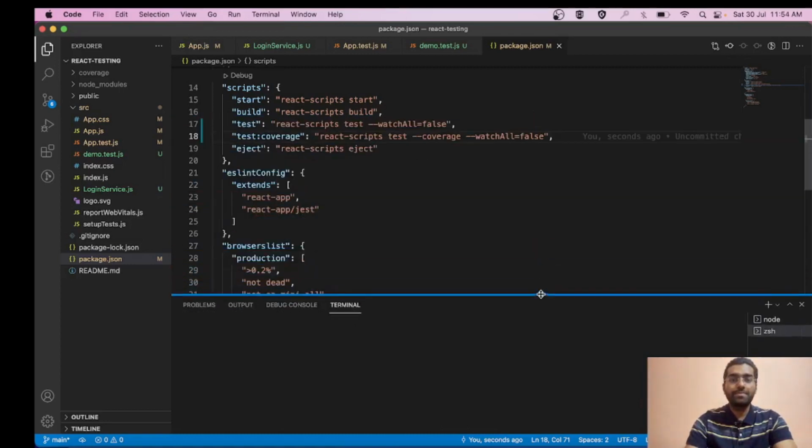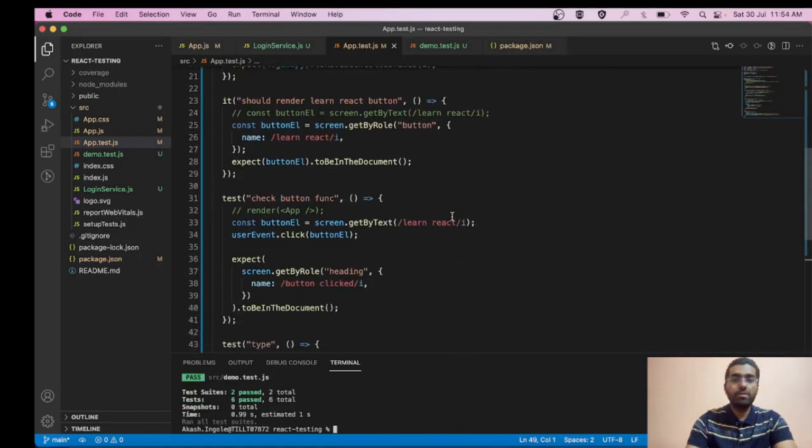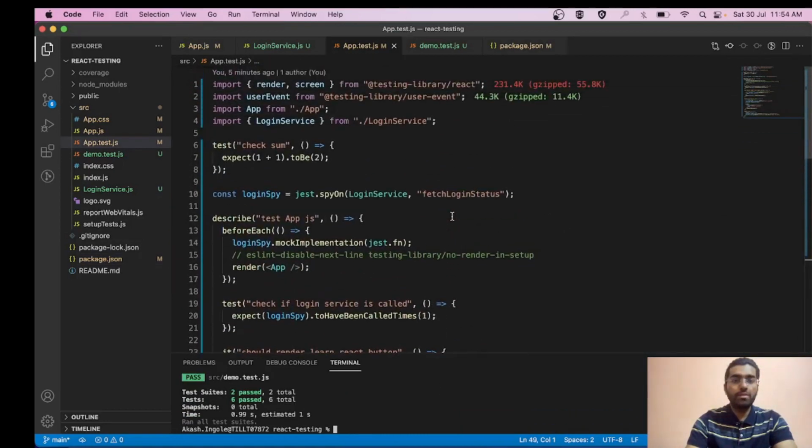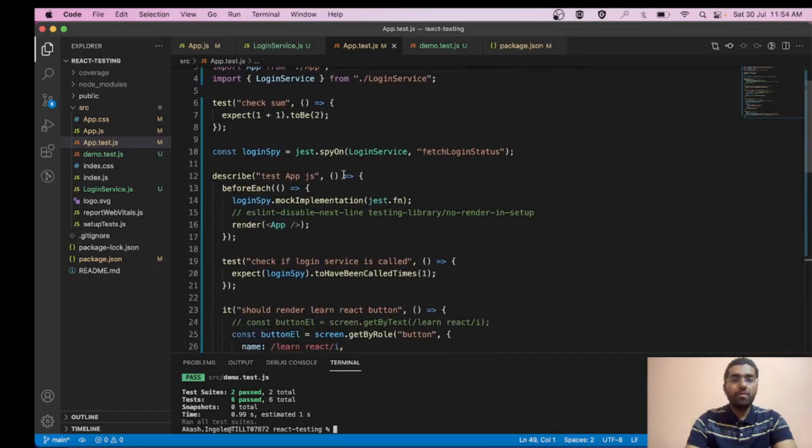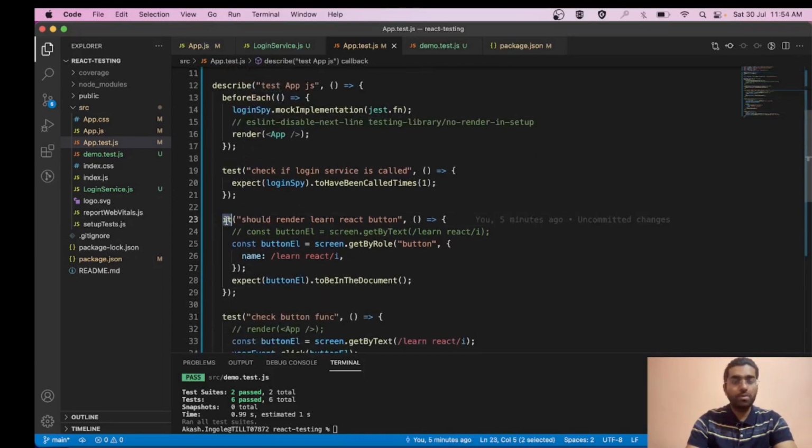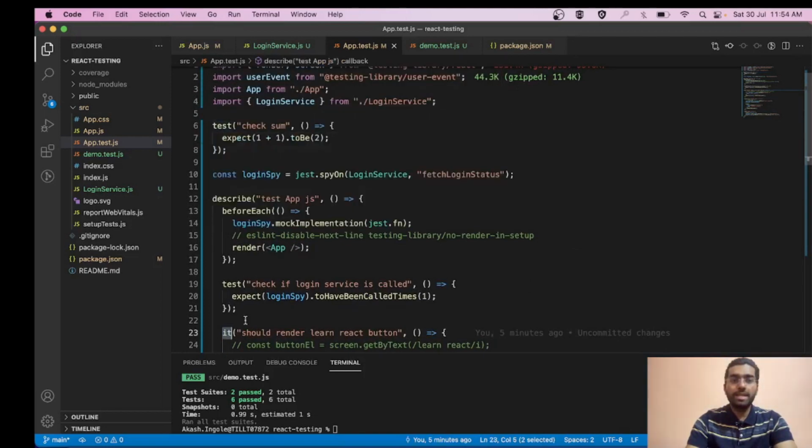Cool. So friends, let's revise once more what we have learned in this video. We have seen how to create a test case using the test command and using the it command. We have read the difference between test and it. To write a test you simply need to pass its name, a function, and an assertion that will be truthy or falsy.